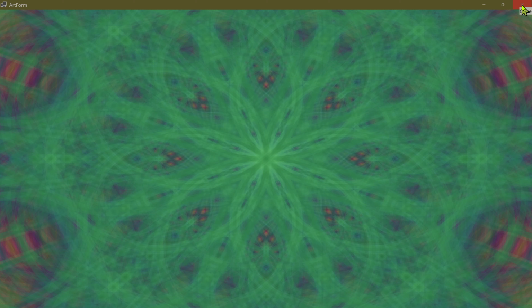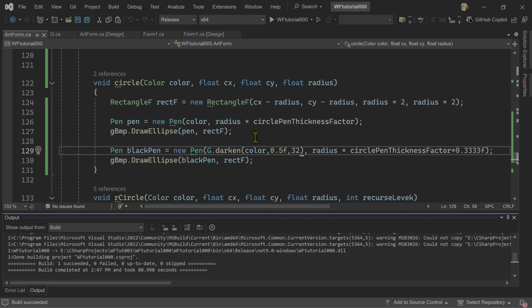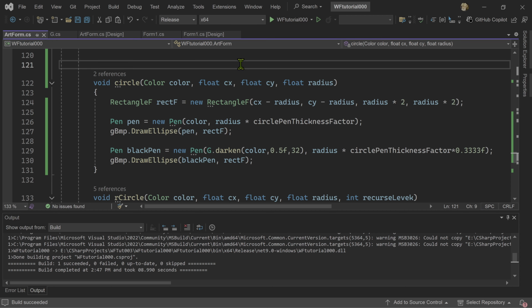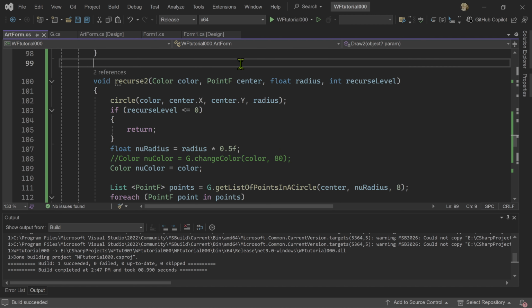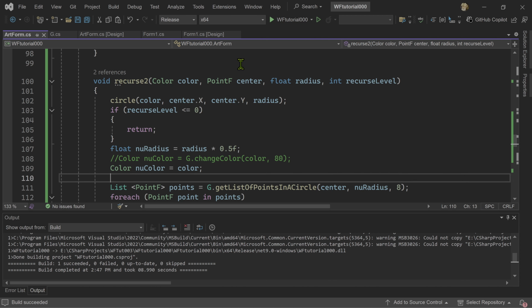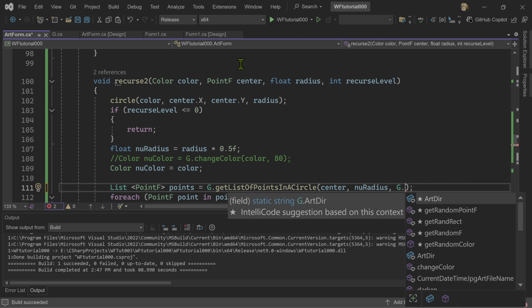Okay, so we're doing this always with 6 circles. What if we made it with a random number of circles? So I could just say, and there's a little trick to using random. The way I was using random before is not really the right way to do it. But here we've specified 8 as being the number of points that we get in the list. But what we could do is say g dot, no,